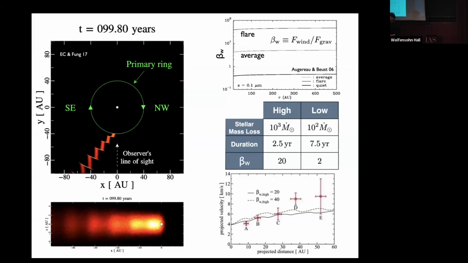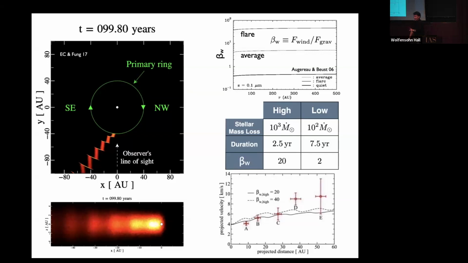Michael? Yeah, the numbers that you put in, the 2 and 10 to the 3, that amplitude of variation, how arbitrary is that? Oh, yeah, no. So this is based on, good question, there's justification for it. This is based on the X-ray flares. Based on the X-ray flaring activity, you get an estimate of the plasma density. You sort of know how fast it's going, and so you can measure what the betas are. The betas are the ratio of wind pressure force to gravity, and during a flare, you can get up to betas of about 40, which actually corresponds to a stellar mass loss rate of 1,000. So it is based on the X-ray data.